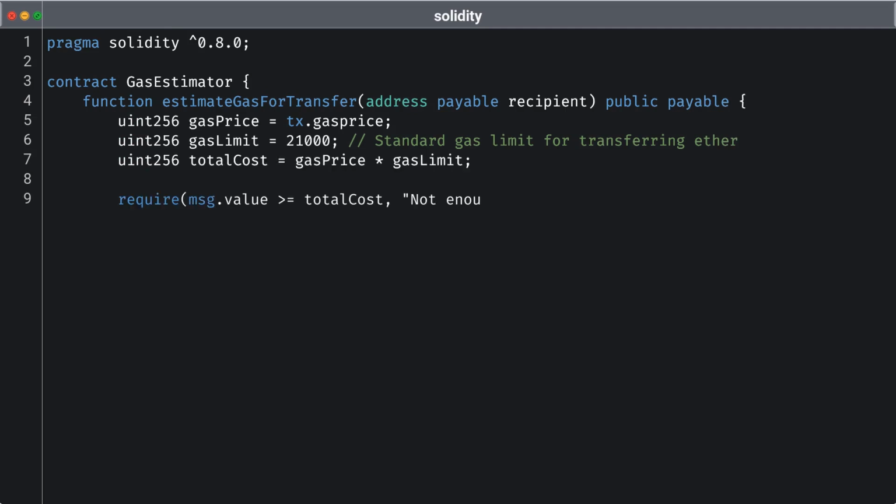First, we capture the current gas price using tx.gasprice, which allows us to dynamically assess the cost in Gwei during each transaction. Next, we establish a standard gas limit of 21,000 units, which is the typical requirement for transferring Ether. We then calculate the total cost by multiplying the gas price and the gas limit. This gives us the necessary amount of Ether that must be sent along with the transaction to cover both the